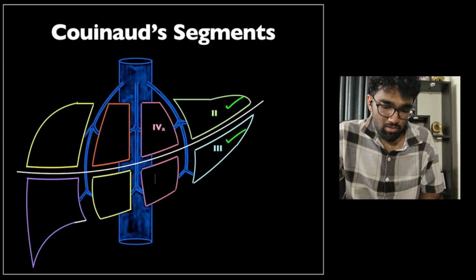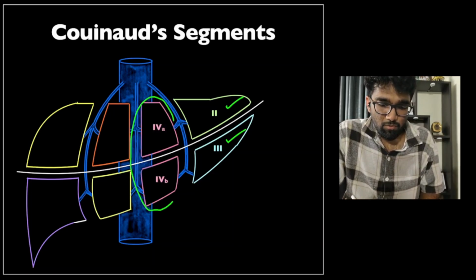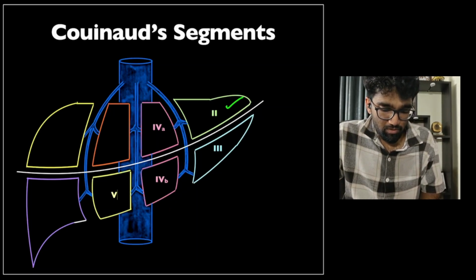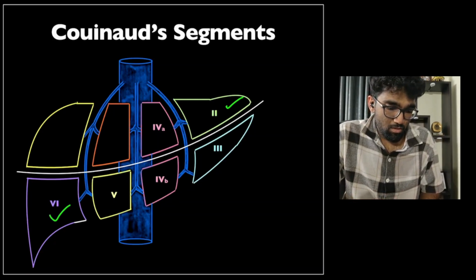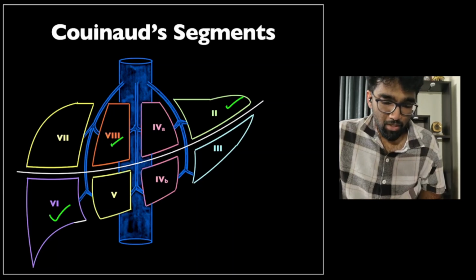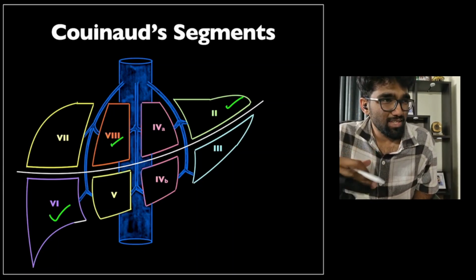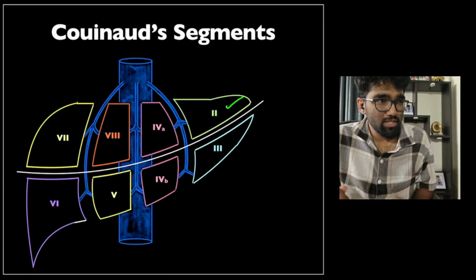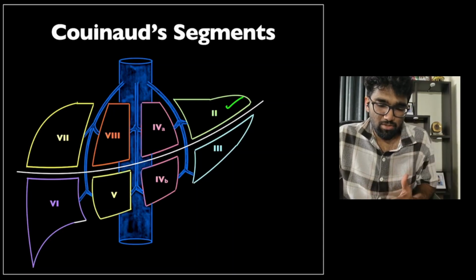Now these two segments are segment 4. The upper segment, or the superior segment, is called 4A and the lower segment is called 4B. Then we have again 5, 6, 7 and 8. Okay, so these are the segments, and essentially it's not very relevant for internal medicine to know exactly which segment is being talked about, but when you read a report, it becomes relevant because that's how radiologists